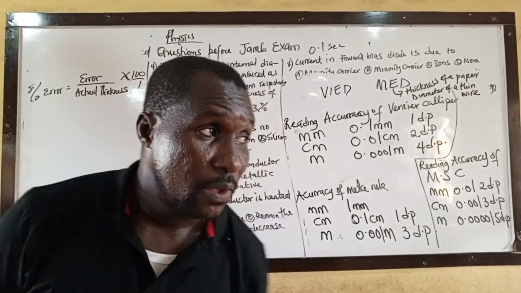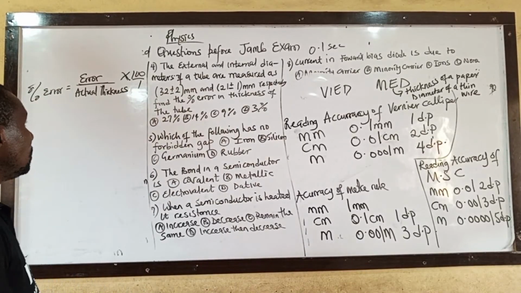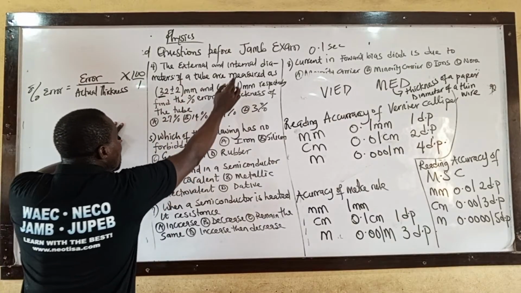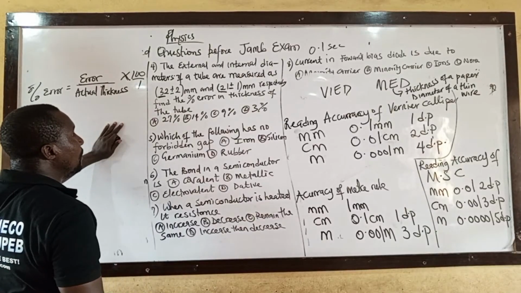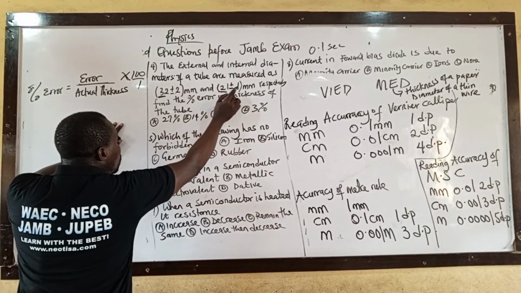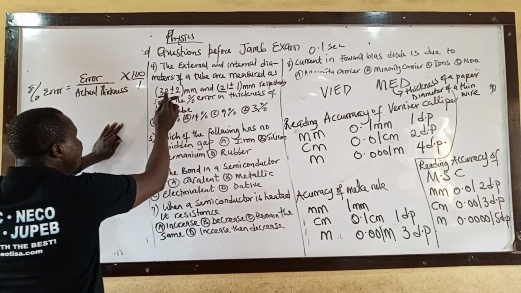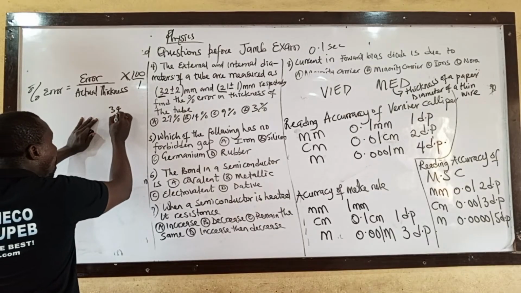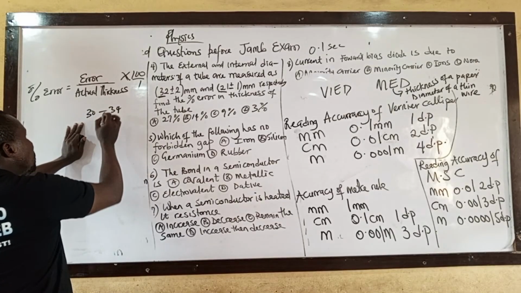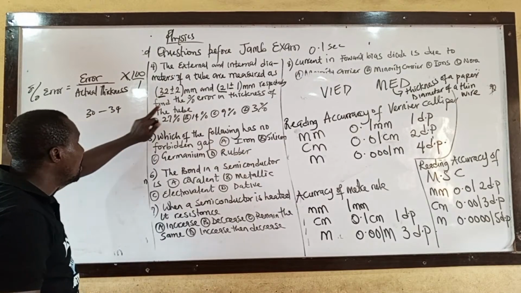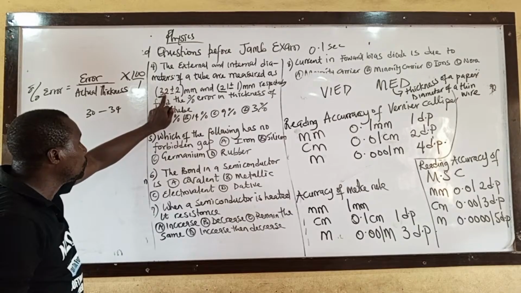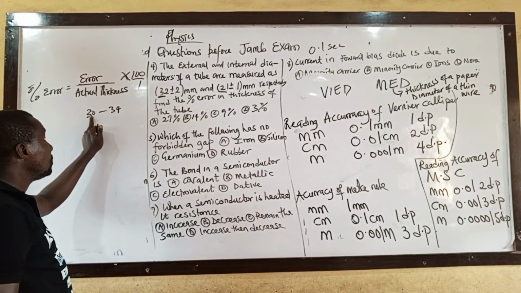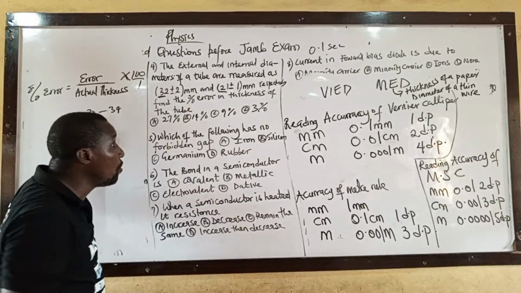Okay. From here, this is the real measurement. The external measurement, 32. Internal measurement, 21. Those are the real measurements, but these are possible errors. Plus or minus 2 means what? The measurement can be 34 or 30. That means it ranges from 30 to 34. If I add 2 to 32, I will be at 34. If I take 2 away from 32, I will have 30. That means these are the possible errors. For this one,